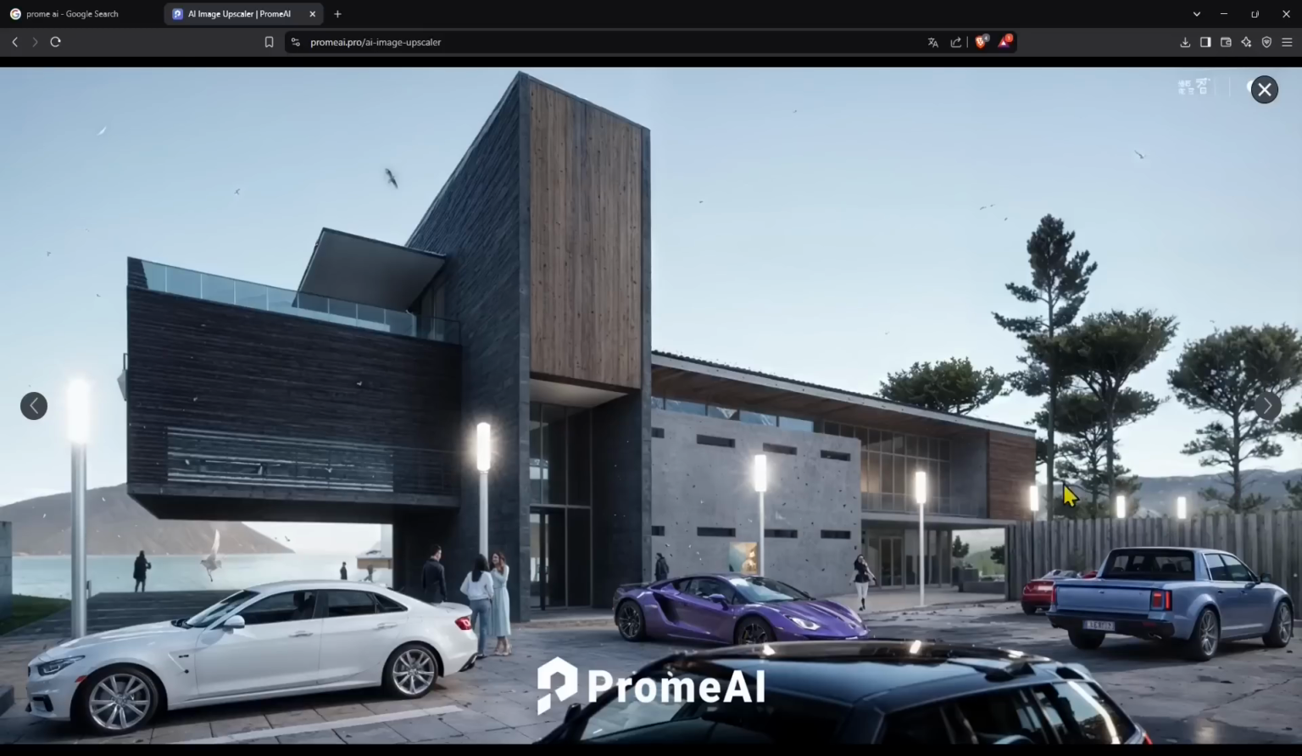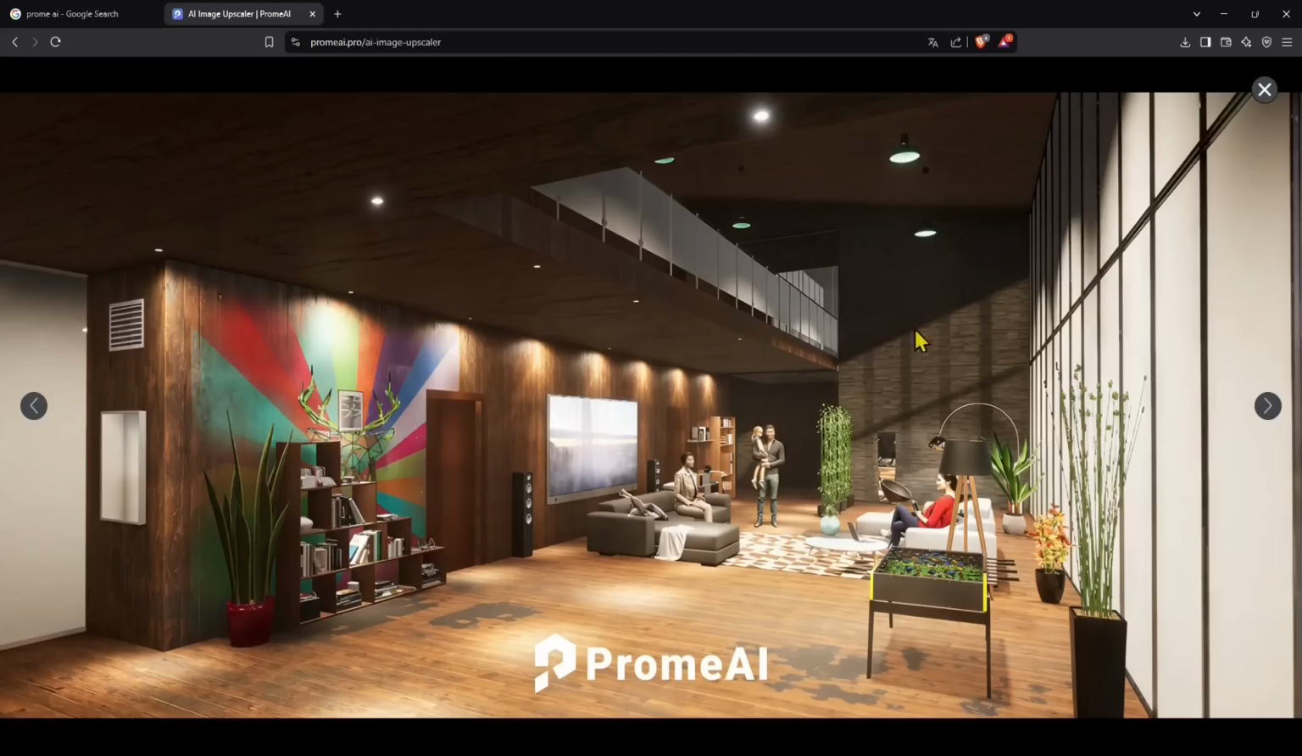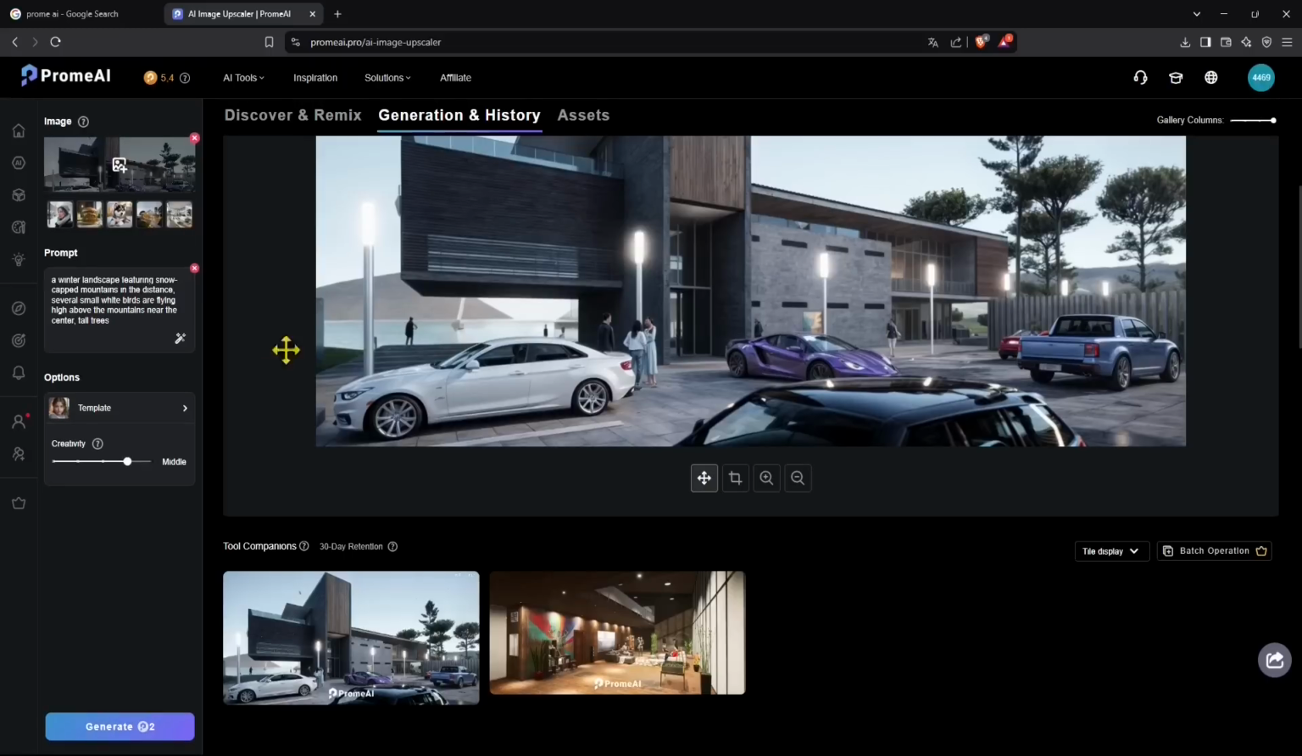So it's adding a lot of little tiny details, you can see more birds in the sky and more details on the landscape behind. This is working actually a little bit better than the interior, but this is due to the prompt that I